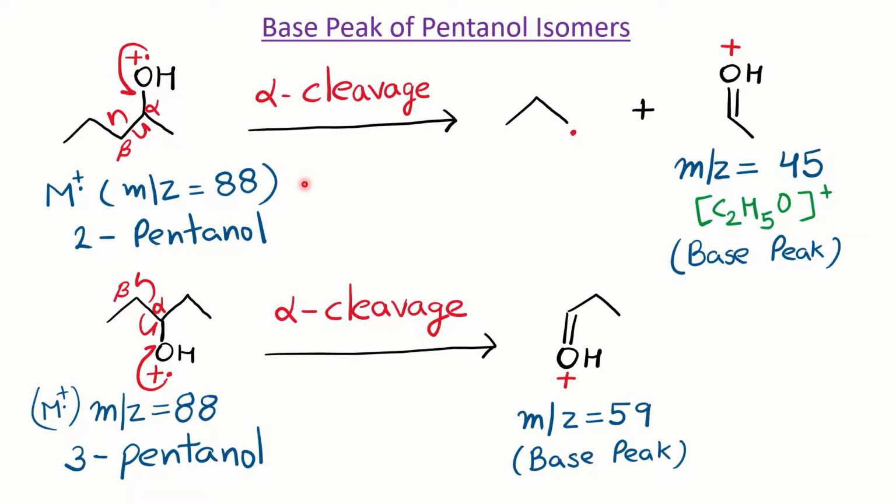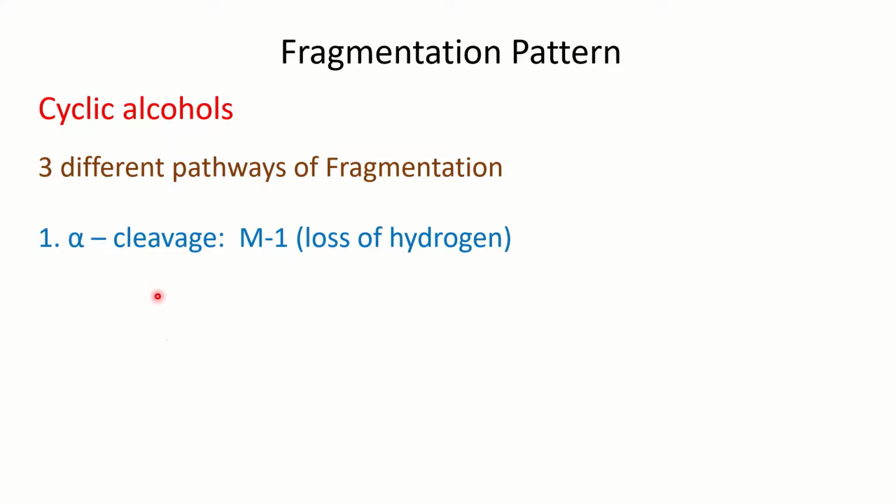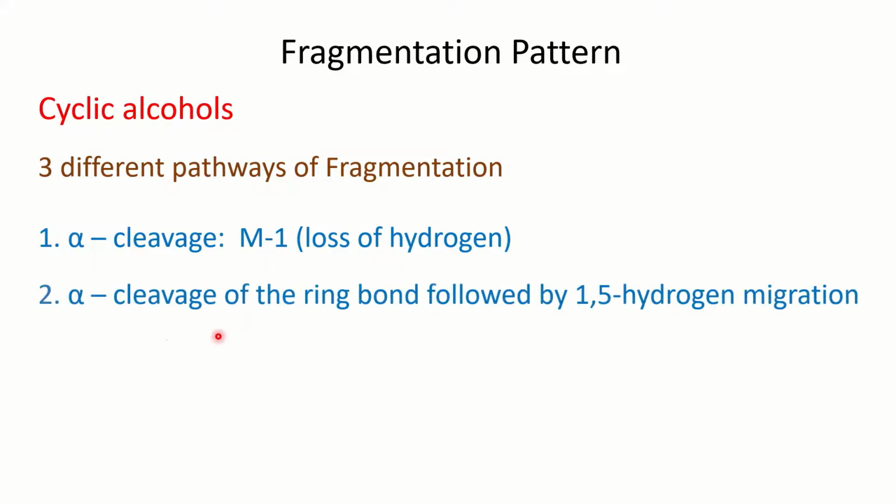Clear? So we have seen the secondary alcohol and primary alcohol problems, how to solve them. Now we will see the fragmentation pattern of cyclic alcohol. Okay, so there are 3 different pathways of fragmentation. First is, as I told you, the most common alpha cleavage. In that way, you can see the possibility M-1, that could be because of the loss of hydrogen. The other possibility of alpha cleavage is of the ring bond, okay, and that is followed by the 1,5 hydrogen migration,